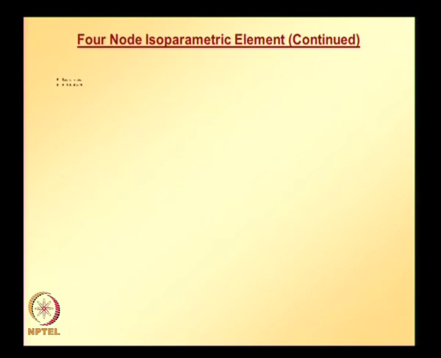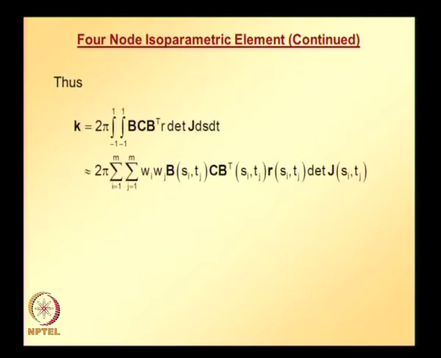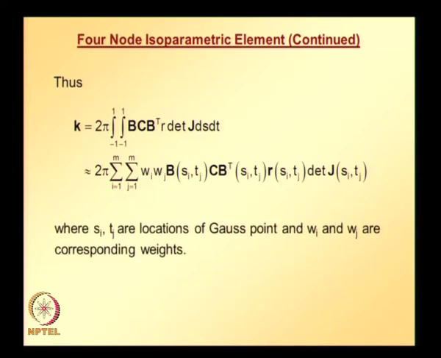So, for this integral for the element stiffness matrix, once we decide how many integration points we choose along the S direction and along the T direction, we can approximate the element stiffness matrix like this, which involves contributions from different integration points to the element stiffness matrix, where Si, Tj are locations of Gauss points, and Wi, Wj are the corresponding weights. So, this is how we can assemble the element stiffness matrix for the 4 node